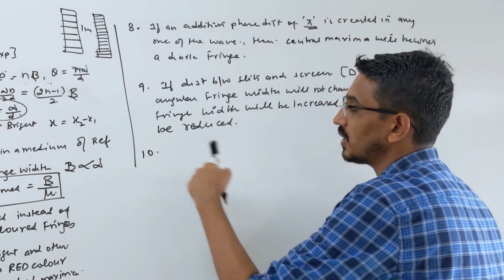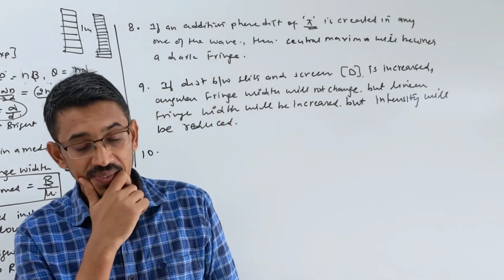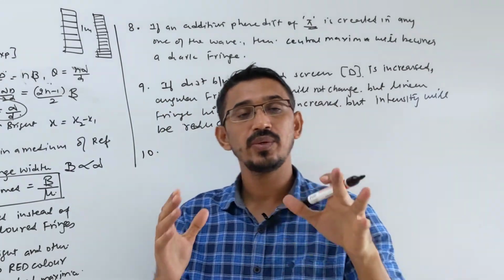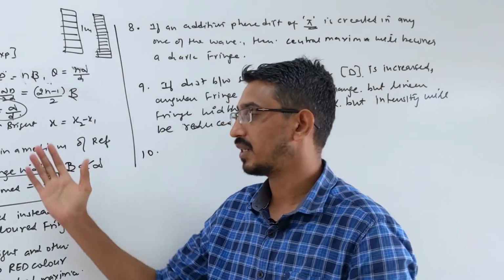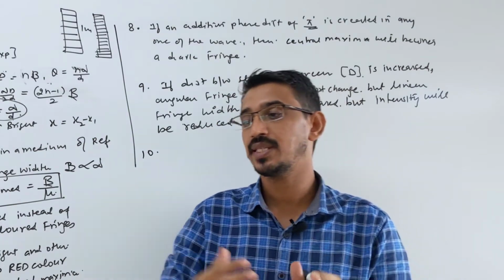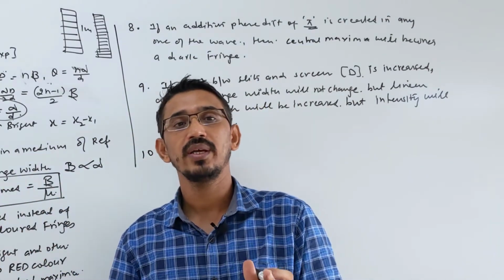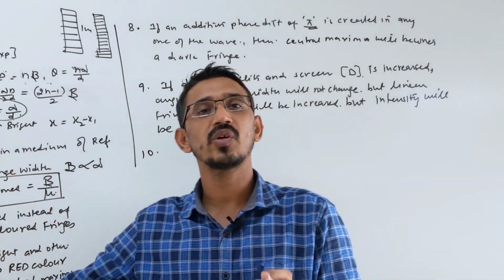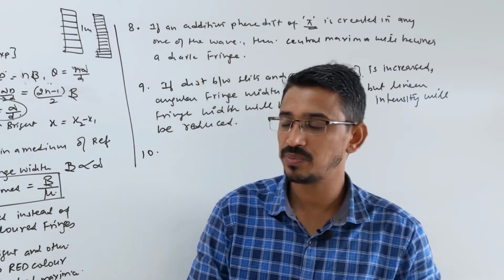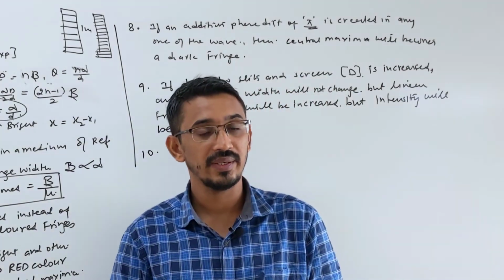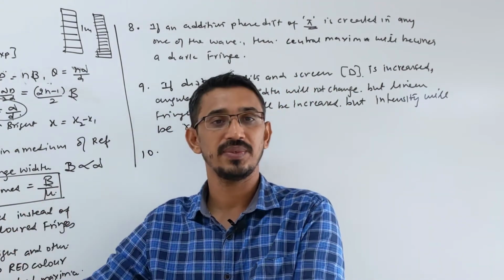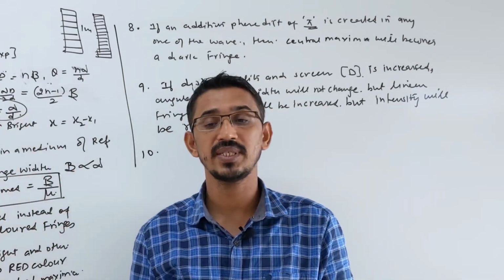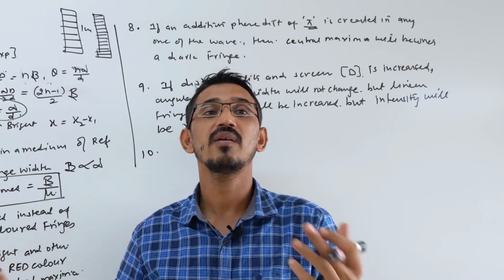Next point. Here they ask a very important numerical. How do they ask this question? They say, I use lambda 1 wavelength in this setup, and in some region, which they call the field of view, I see this number of fringes. Suppose I use lambda 1 wavelength and I see 10 fringes in this region. If I use another wavelength, then how many fringes will be seen in the same region, meaning in the same gap or same distance?